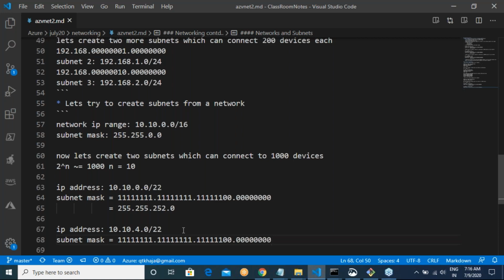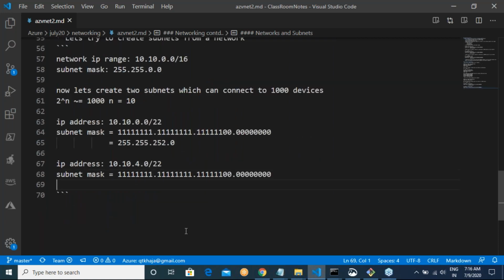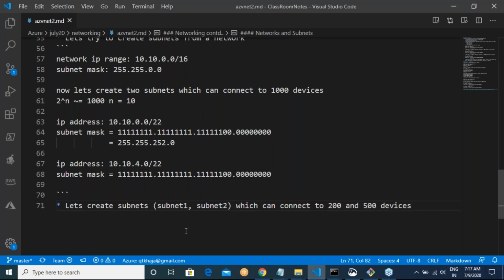Now shall we do one more thing? Let's create subnets, subnet 1 and subnet 2, which can connect to 200 and 500 devices.